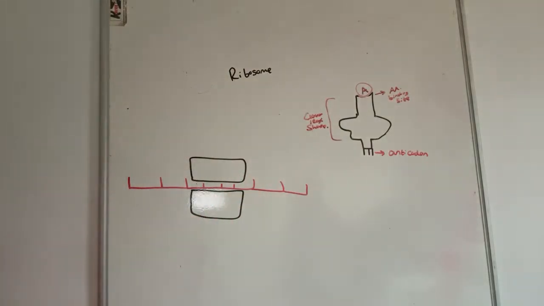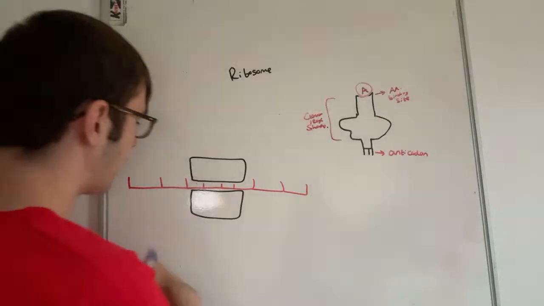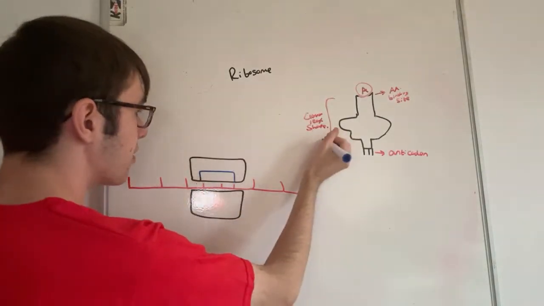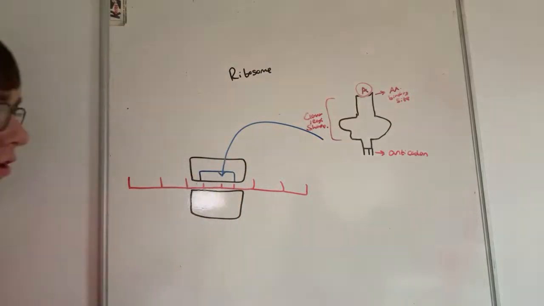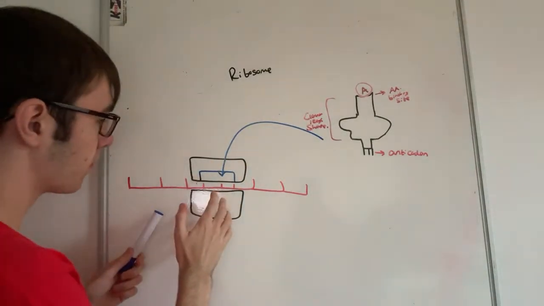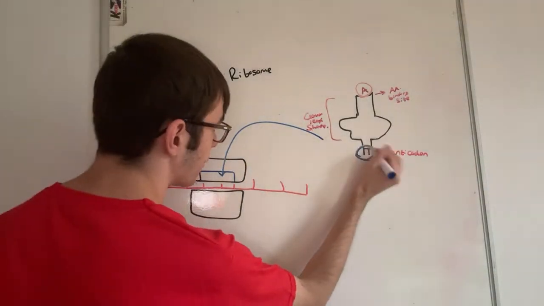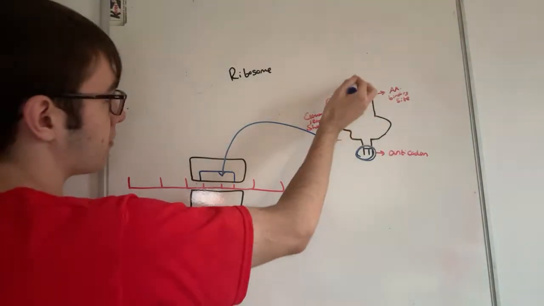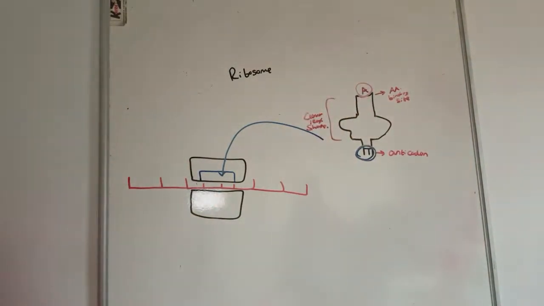Okay, so 1, 2, 3. So what will happen is the tRNA will bind to the codon. Its anticodon will bind to the complementary codon, and it will bring the complementary amino acid via the binding site. So let me just...